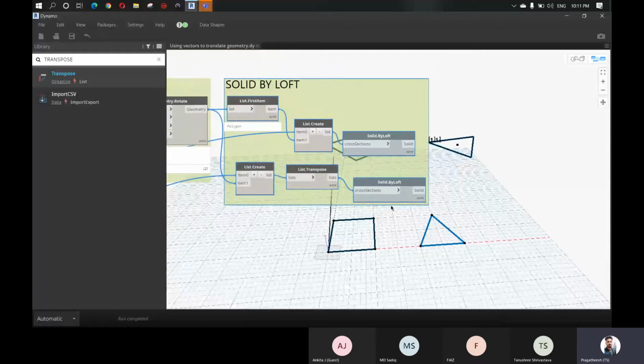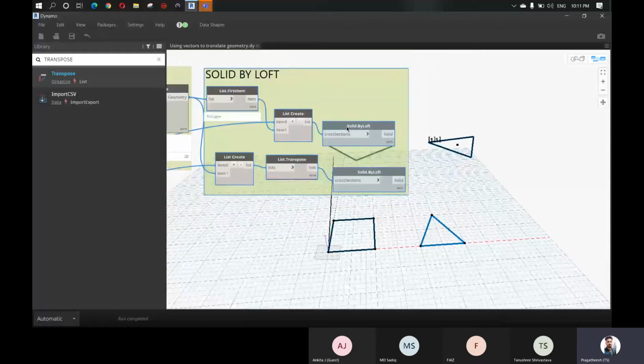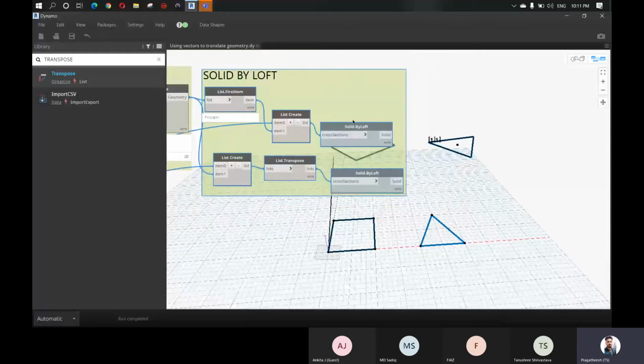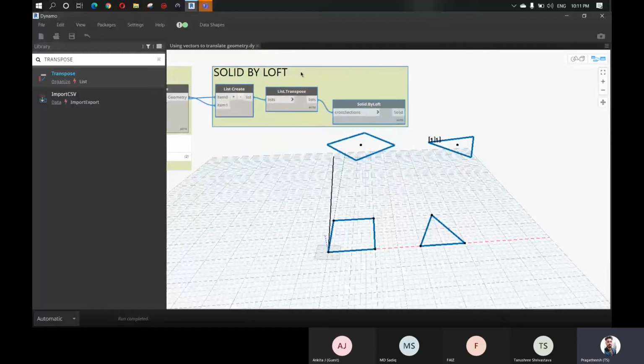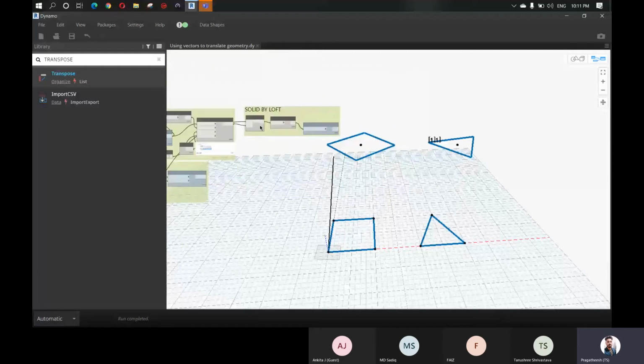Actually, we don't want this one here. Okay. So the first modification tool that I'm going to use is Solid.Fillet.